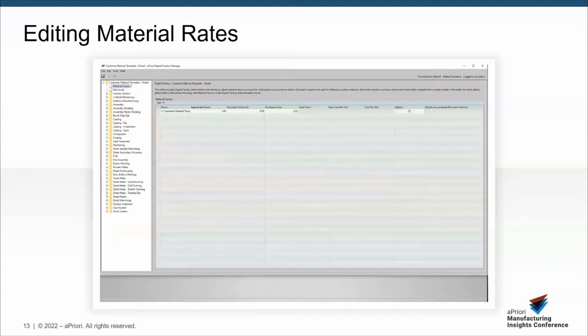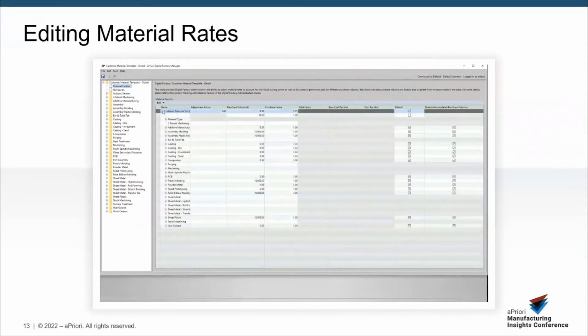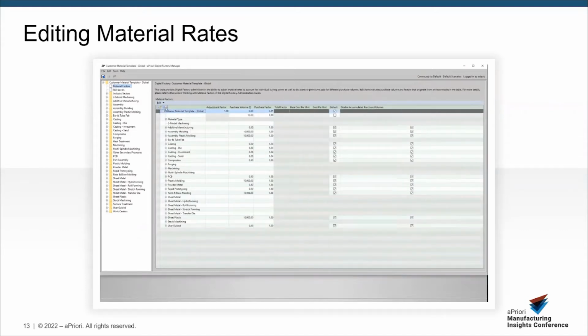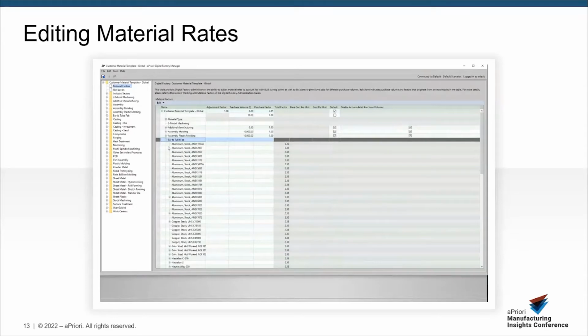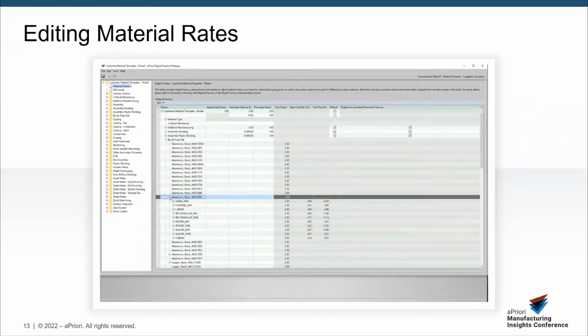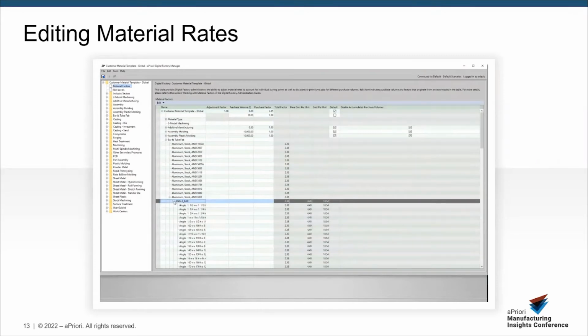The material factors table is organized into a hierarchy and allows you to specify typical default purchase volumes at any level of the hierarchy. For example, for a specific digital factory, process group, material composition, stock form, or even a specific stock. A value of default purchase volume set at lower levels of the hierarchy takes precedence over factors set at a higher level. For example, default volumes set at the stock item level take precedence over a value set